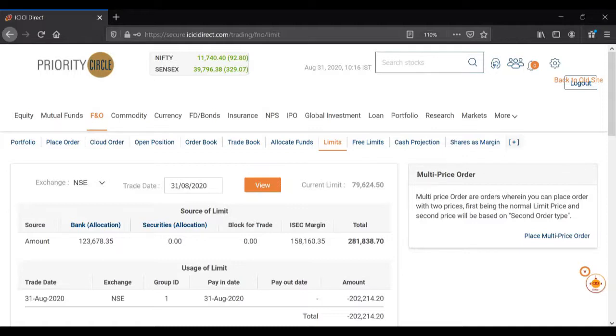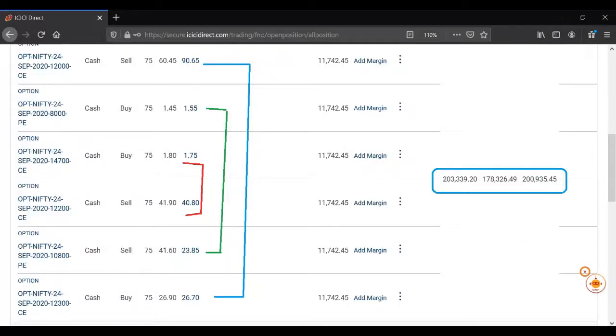Okay, good. Now I can clearly show you here, this is my total trade book. This is the demo account. Here, for each call option there is one buy order and one sell order. I have marked it clearly in red, green and blue color for each and every call option.